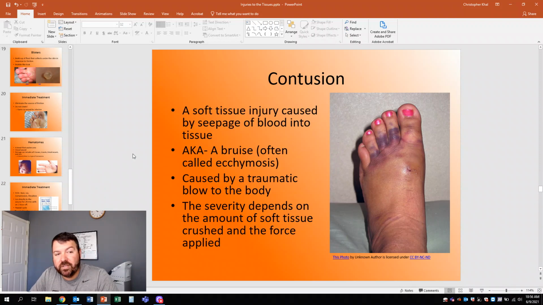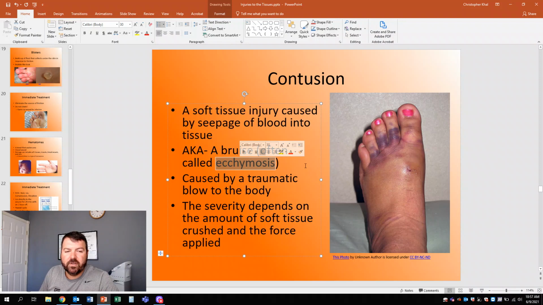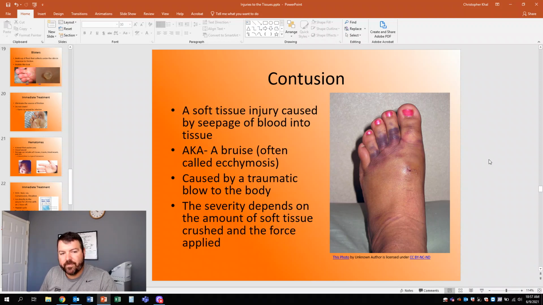Next is a contusion. A contusion is a bruise. That's all it is. You say bruise, I say contusion, same thing. Oftentimes with a contusion, that discoloration of skin is called ecchymosis. Here's that nice word. So if your parents ask what you learned in school today, you can say, I learned what ecchymosis means. A contusion is usually caused by some kind of blow to the body, blunt force trauma, whatever it is. Keep in mind what areas could be affected underneath.